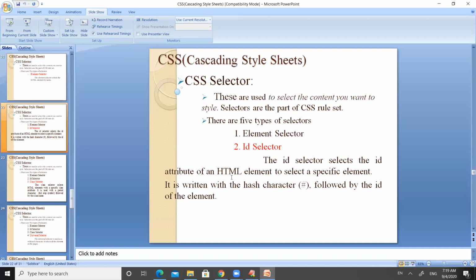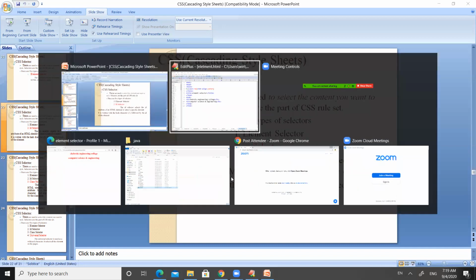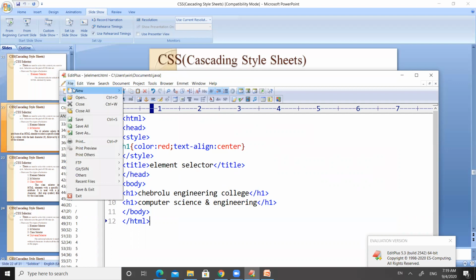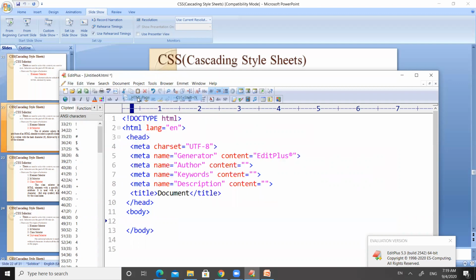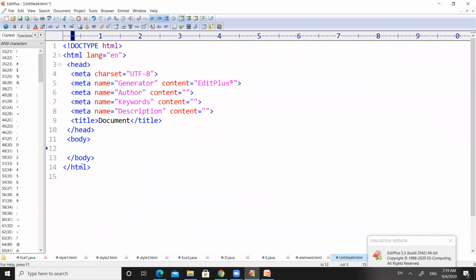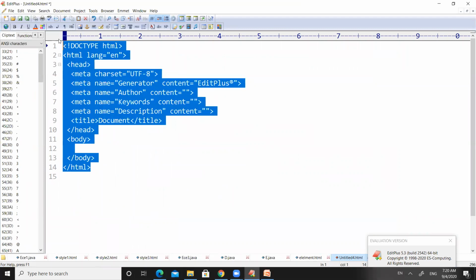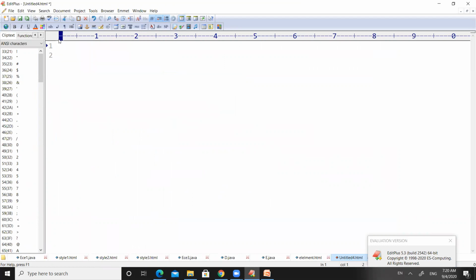If you observe the program, your doubts will be resolved. Let us move to the program and write the HTML code related to the ID selector, so that it will be very understandable. Let us close all the code.